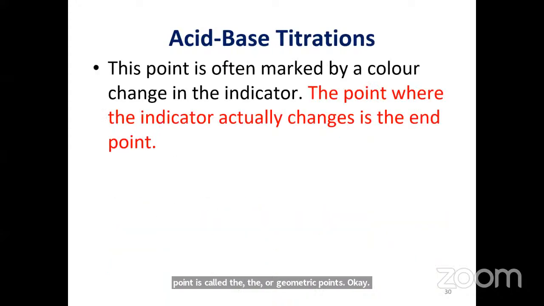This point, how do we know we have gotten there? It's often marked by a color change in the indicator. The point where the indicator actually changes is the end point. This is where I normally tell students, for instance, if you are using phenolphthalein, or another indicator like methyl orange or methyl red or whatever indicator, that equivalence point